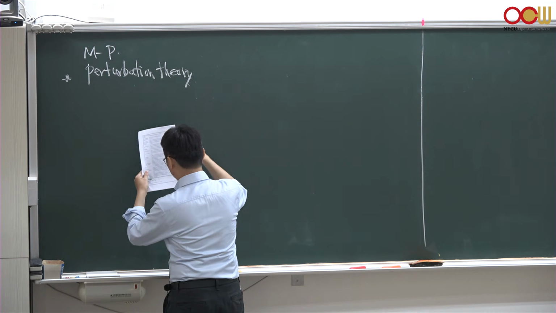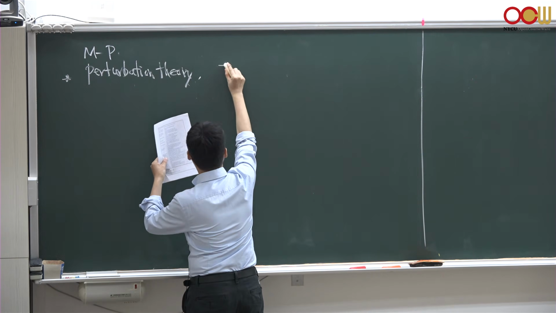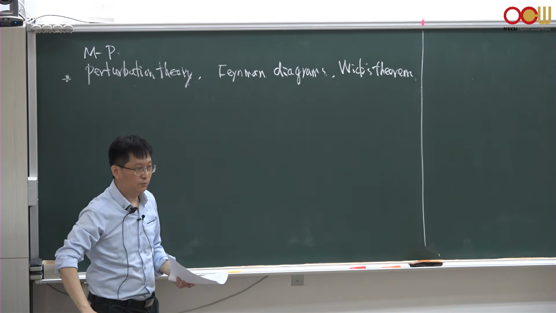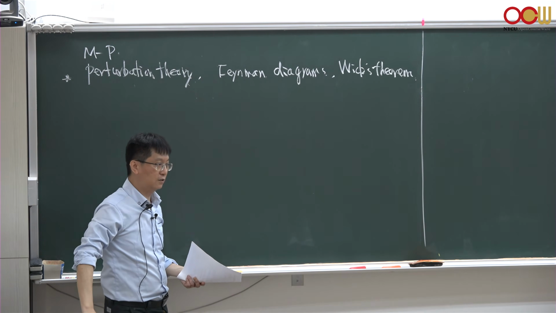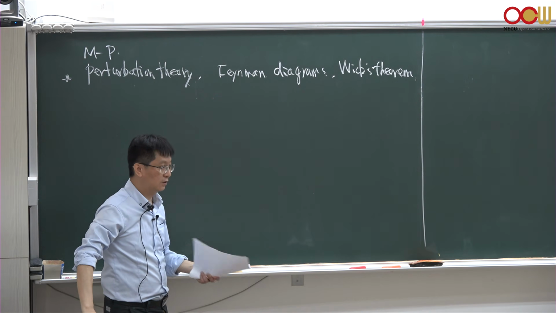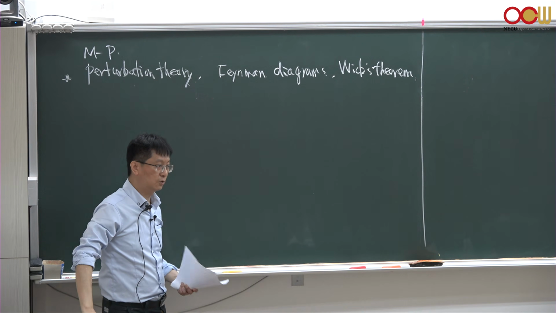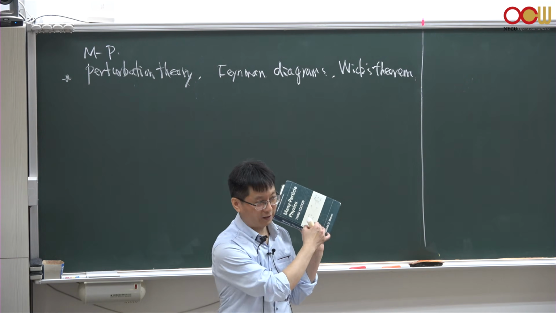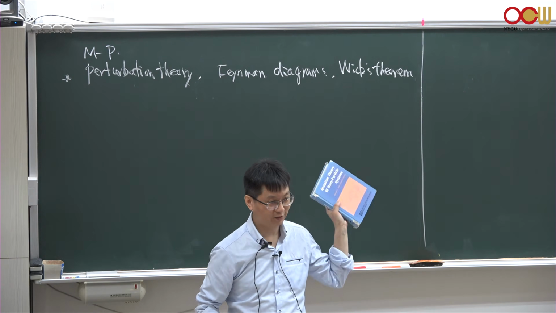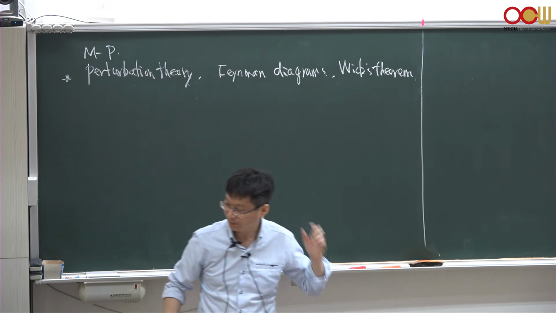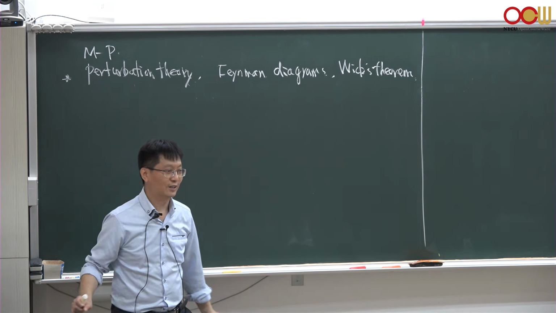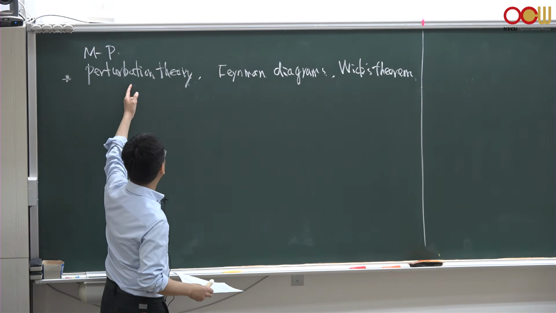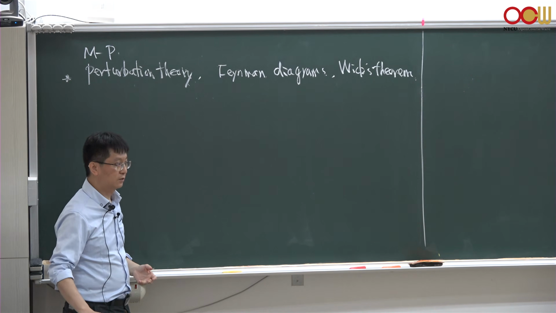We will introduce this by Feynman's rules, so-called Feynman diagrams, and also Wick's theorem. The Feynman diagrams or Feynman rules were first introduced in the context of high-energy physics. If you learn quantum field theory in the context of high-energy or particle physics, you will learn how to draw these fancy diagrams, like the diagrams on the cover of this book. The diagrams will be your nightmare, so your dreams will be full of these diagrams. But this is a necessary technique that you need to learn in order to correctly calculate this correlation function